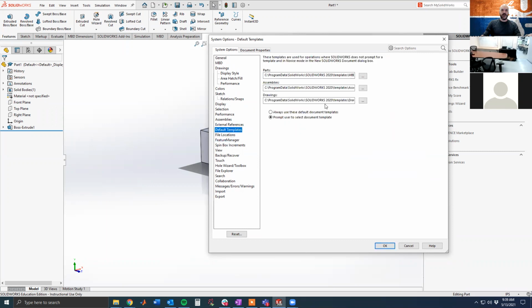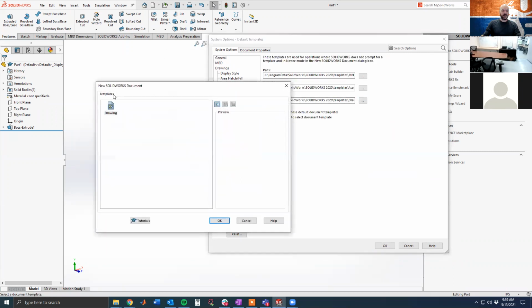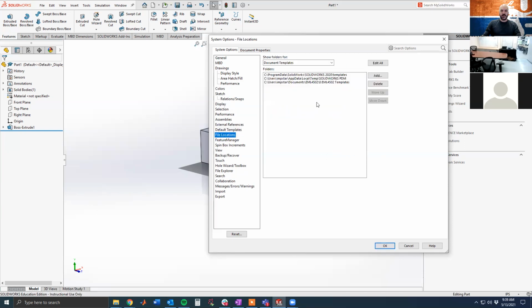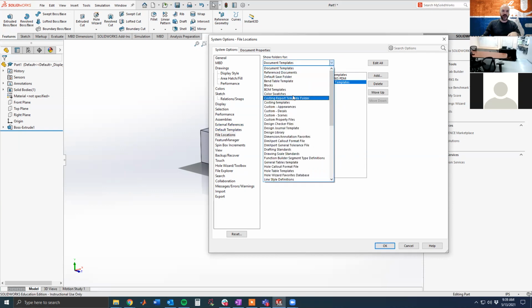Set up. Now you can set the defaults. Apparently I can't set the defaults, but I have the templates set up here. Where do I go next? That's for document templates. I also have to change the default location for